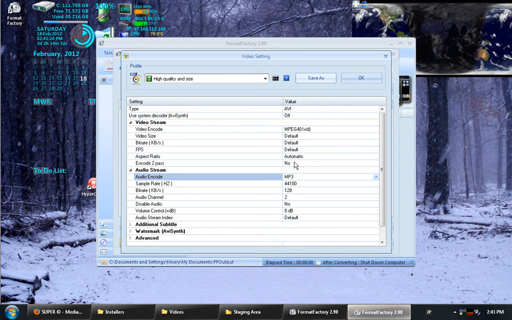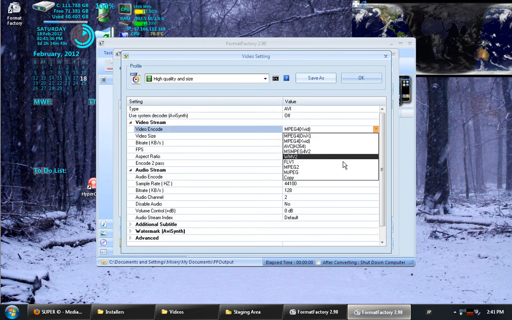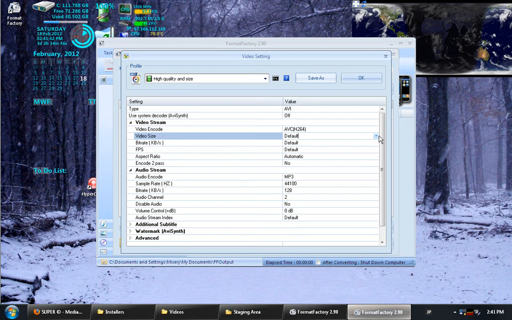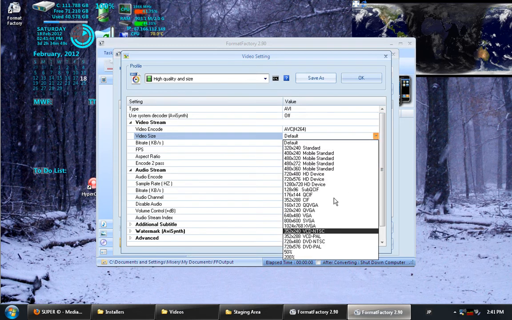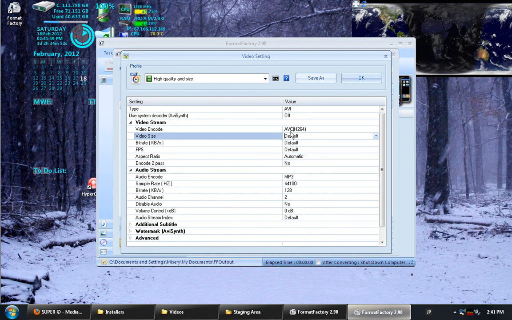The encoding, you don't need to worry about. This is the same thing with the aspect ratio. The XVID MPEG-4, if I wanted to, I could convert it to any one of these. If I wanted to convert it to, say, an iPod-sized format, I could pick whichever one of these would be most supported, make sure it's the right codec, and then be able to convert